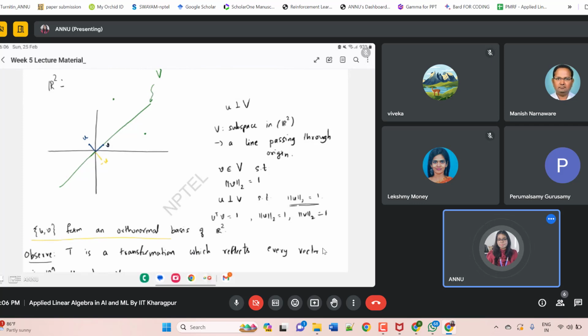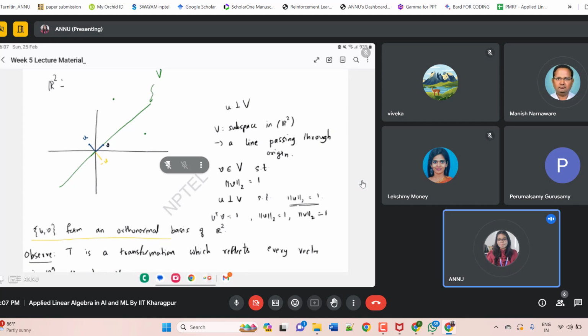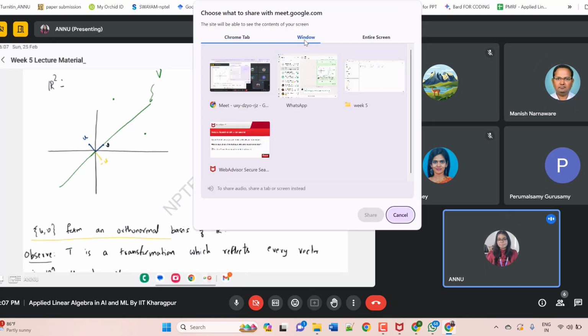But some students were telling that they are having some difficulty in week 4 also. Like what is LU decomposition? In LU decomposition, you have to write the L in the form of minus L31, L32, like that, in the upper triangular matrix. A specific formula is there. So I'm just sharing the screen now. If you can see my screen, then do it.